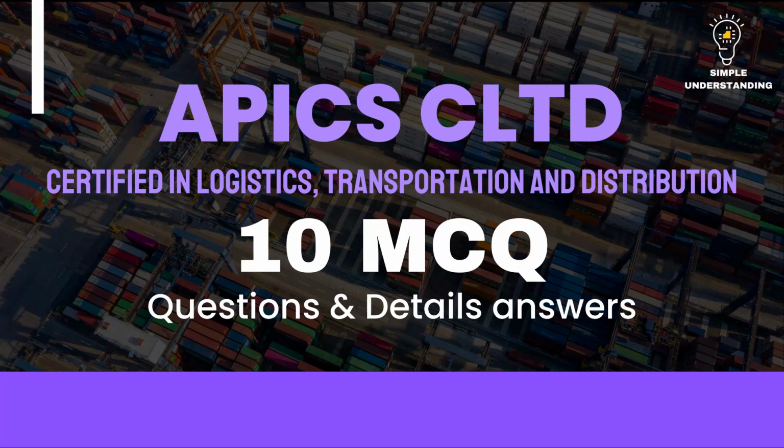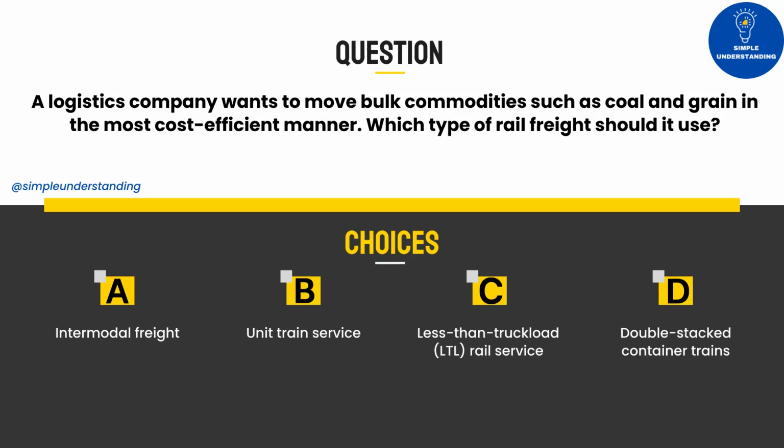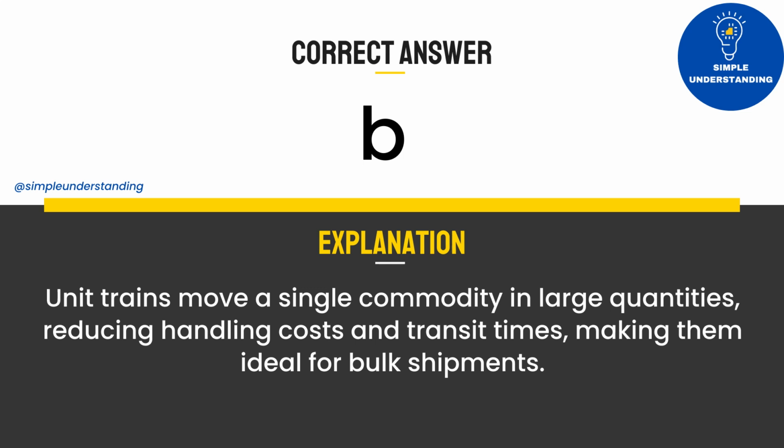Let's take a small practice test for Section C. 1. A logistics company wants to move bulk commodities such as coal and grain in the most cost-efficient manner. Which type of rail freight should it use? A. Intermodal freight. B. Unit train service. C. Less than truckload, LTL, rail service. D. Double-stacked container trains. Correct answer: B. Explanation: unit trains move a single commodity in large quantities, reducing handling costs and transit times, making them ideal for